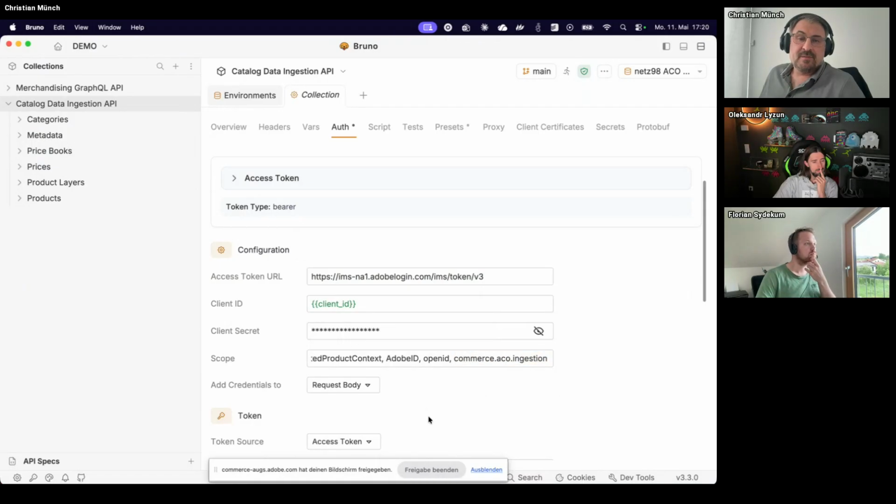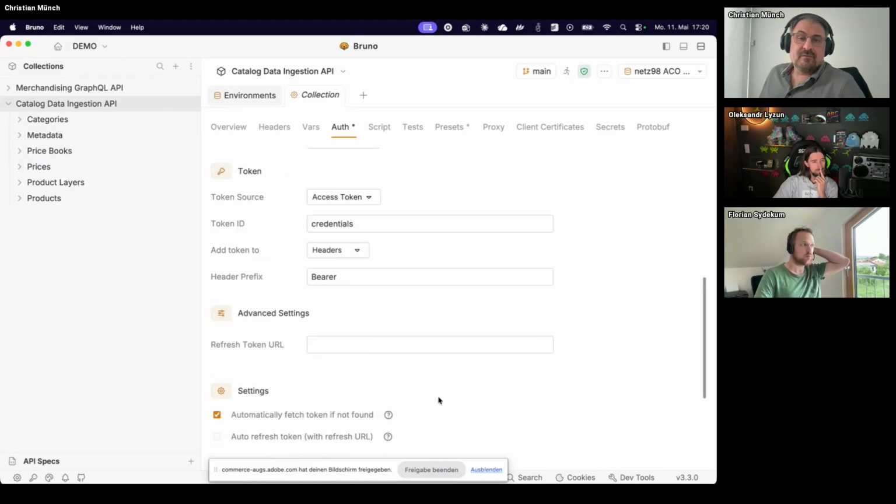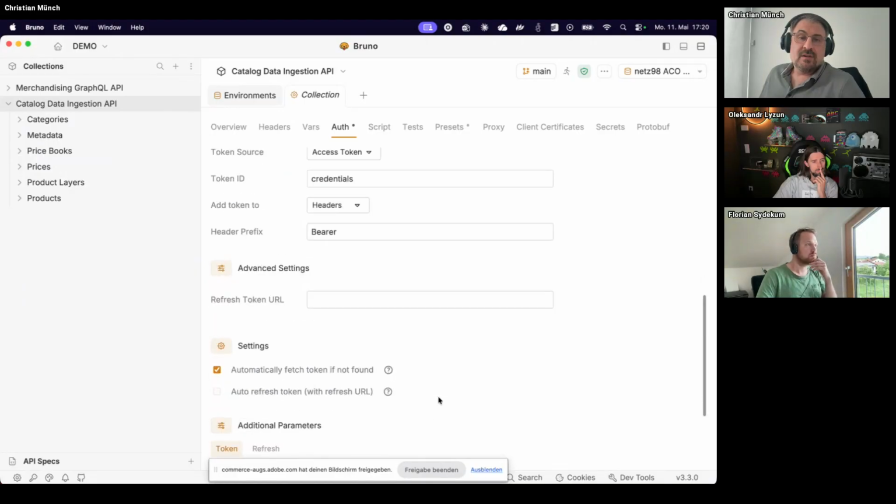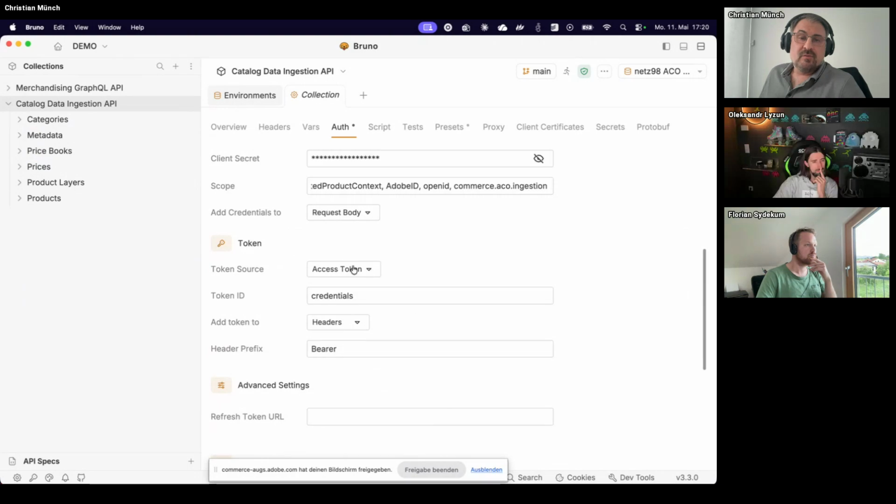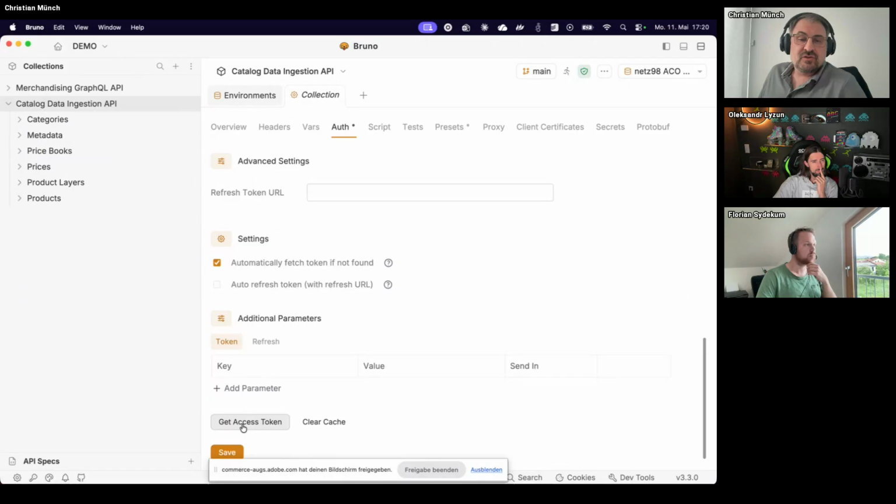If that is copy and pasted here, we can ask for a token, and then we get a token back, and this token will then be added to every request in our HTTP client in the HTTP header as authorization header with a Bearer prefix here and the access token appended. That's everything we need. So let's get an access token. It was fetched. It's now cached here in the tool. And now we can start with the ingestion process.